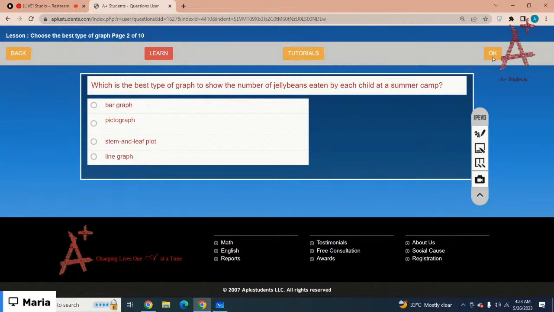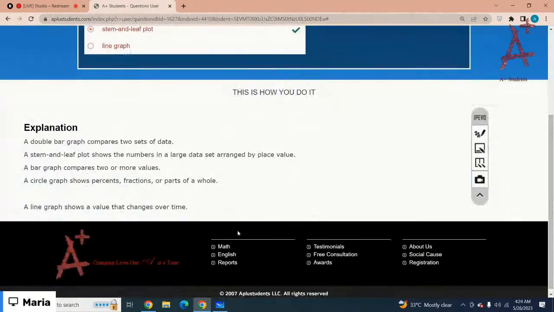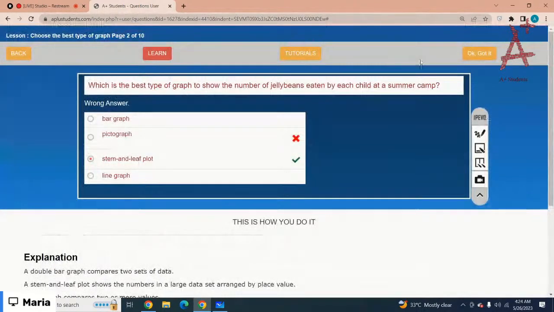So what you have to do, you have to show the number of jelly beans eaten by each child at summer camp. So which is the correct option? It would be, not sure. Not bar graph. Maybe it would be pictograph. Let's see. It would be stem and leaf plot. How? A stem and leaf plot shows the number in large data set arranged by place value. Okay, so it would be